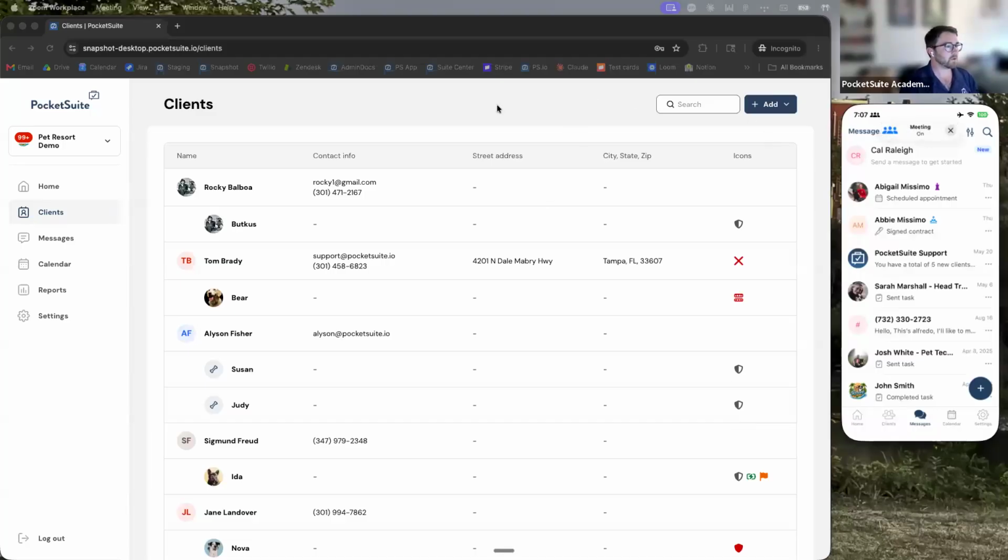Alrighty, so here I have pulled up a side-by-side view of the mobile app on the right-hand side and the desktop site on the left. I'll be trying to switch back and forth between those. So looking here at the client list and here at the message thread,